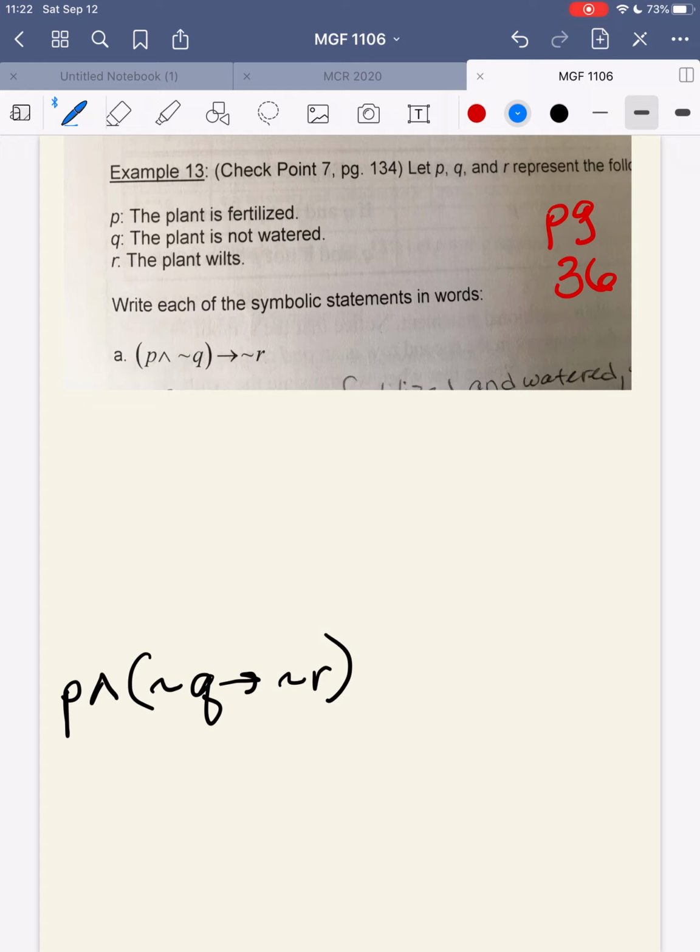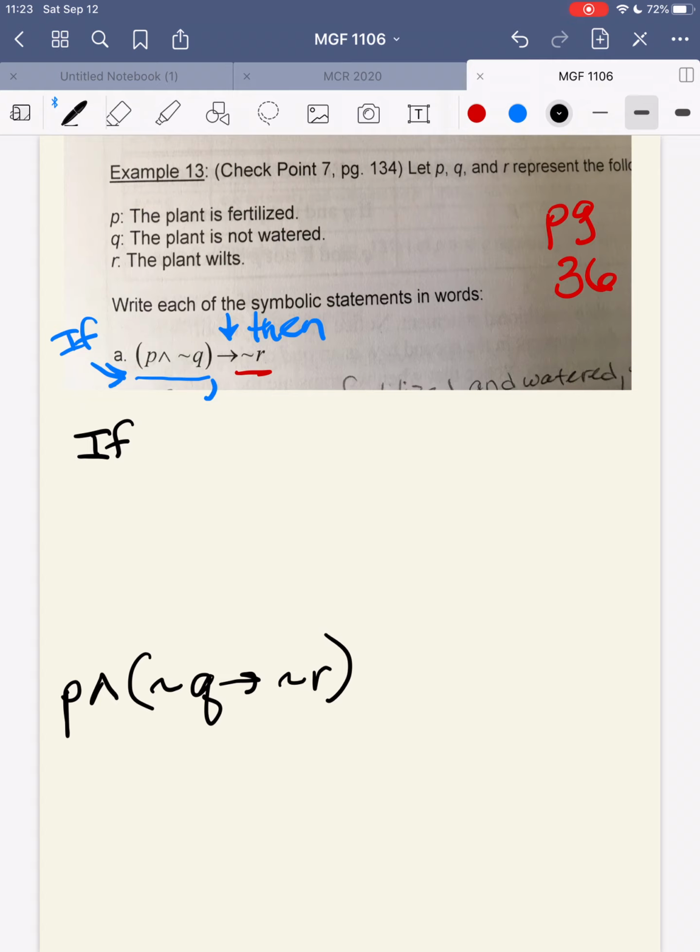Okay, so here I have my grouping together, all right? And I have a P and not Q, okay? And this is going to be an if-then statement because of here, all right? So I want to put an if, my stuff in parentheses, a comma, then the word then, and then my not R. All right? So if,